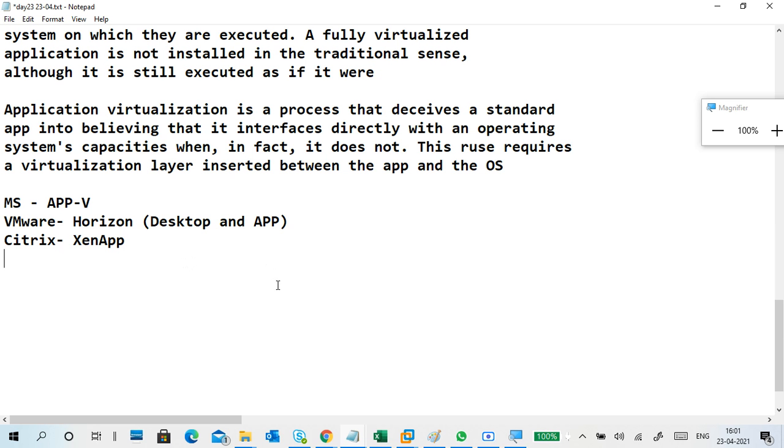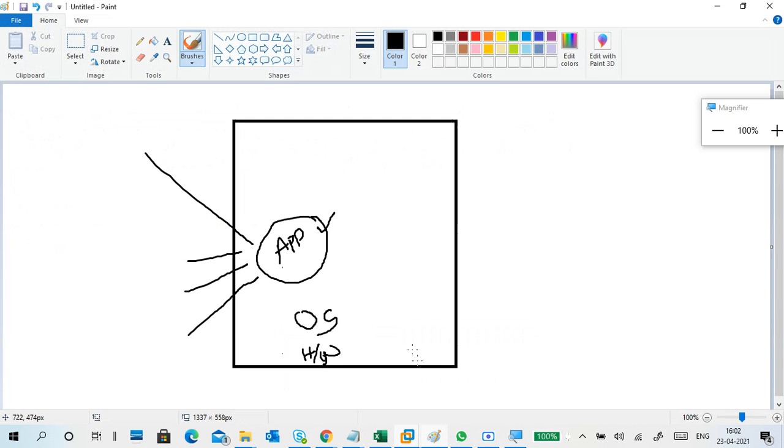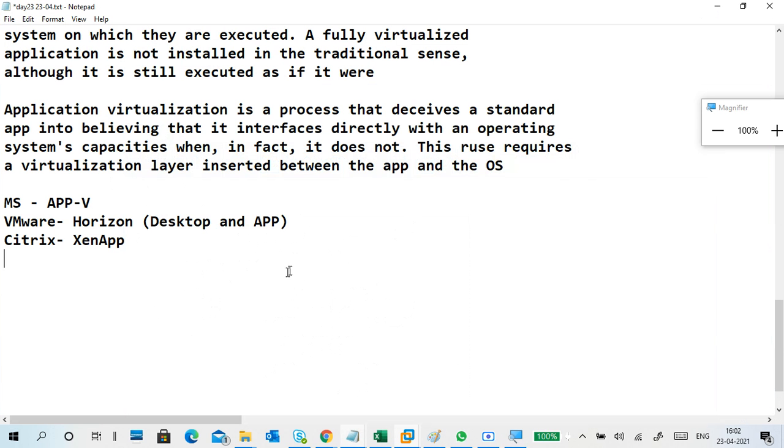In other ways, you can say it is an enhanced mode of sorts. It looks like it is installed on your PC, but it is not actually running on your PC. It is running somewhere else. If you say in the cloud, software as a service also comes under this. And another one is desktop virtualization.